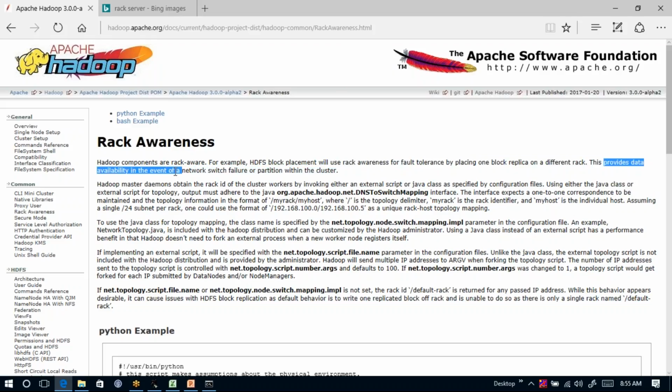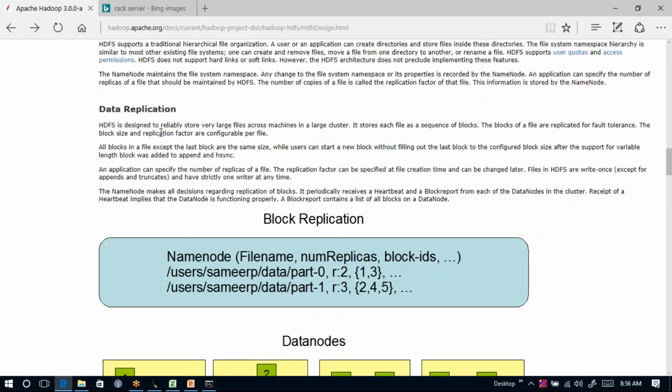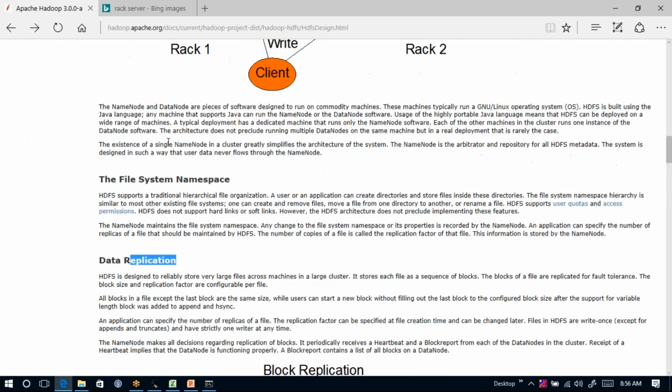This provides data availability even in the event of network switch failure or partition within the cluster. See, friends, which I've already covered as part of my discussion. But to get more information with examples, that is possible only when you read the documentation. Now, at least you agree with me, friends, on what we mean by data replication and what we mean by